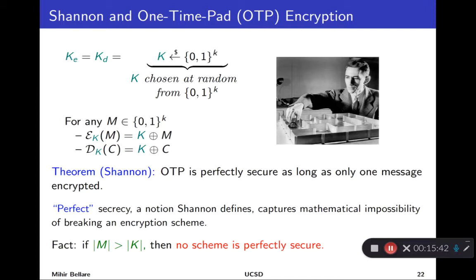So Shannon gave a mathematical definition of what it meant to be perfectly secure. Effectively, it means that you get no information about the message from the ciphertext beyond what you might know ahead of time from context. And then he was able to prove that the one-time pad meets this notion. Okay, well, that's nice. And one might say, okay, why isn't that the end? So doesn't cryptography end there?